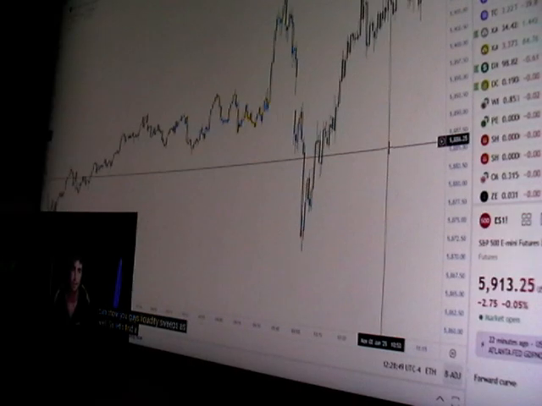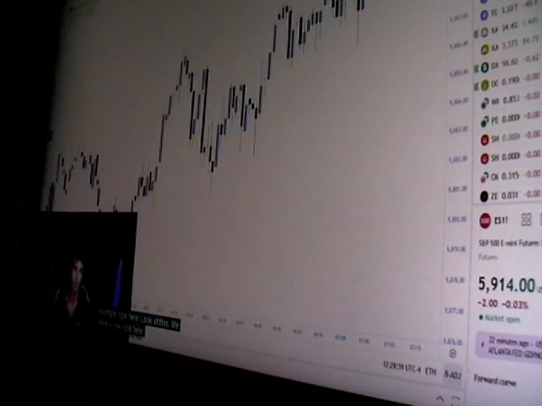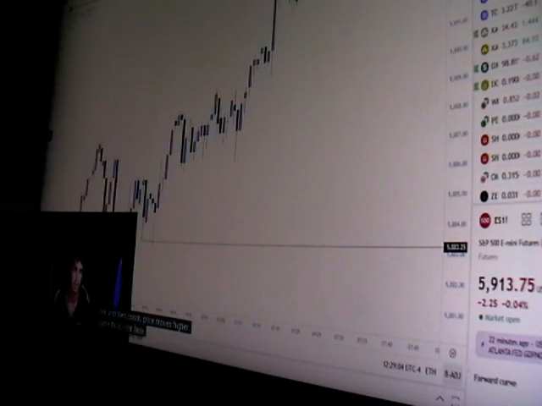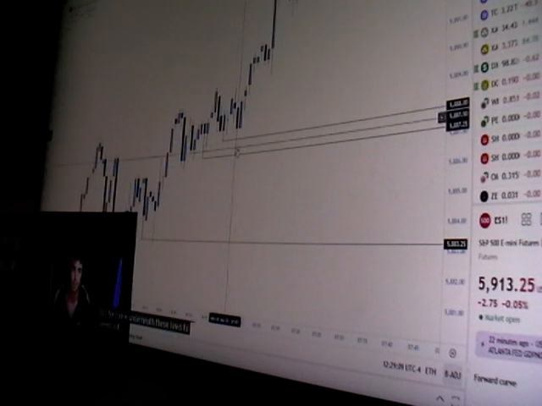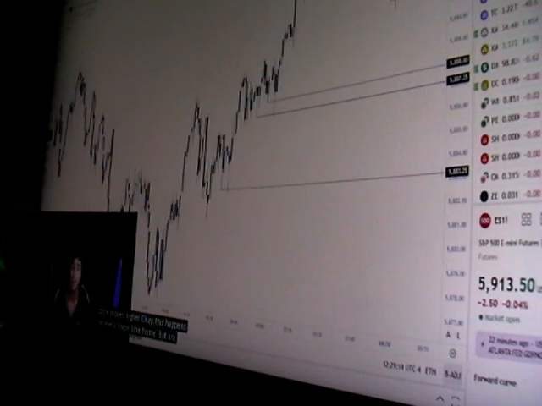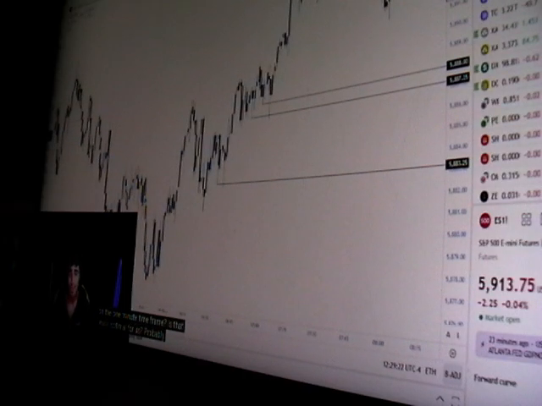So let's find a super quick example of this. Oh, this is a good example right here. Look at this. We have a low right here. What does price do? It comes down, it sweeps out this low, and then boom, price moves higher. Same thing right here. We come underneath these lows to sweep out liquidity, and then boom, price moves higher. Okay, this happens on every single time frame. But are we going to try and catch liquidity sweeps on the 1 minute time frame? Is that really optimal for us? Probably not, right?